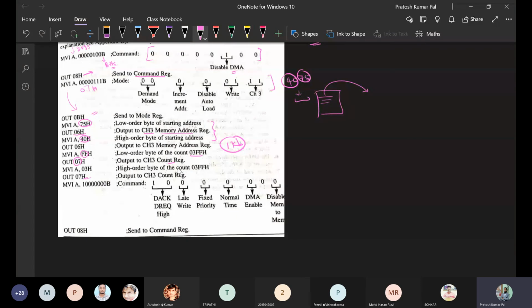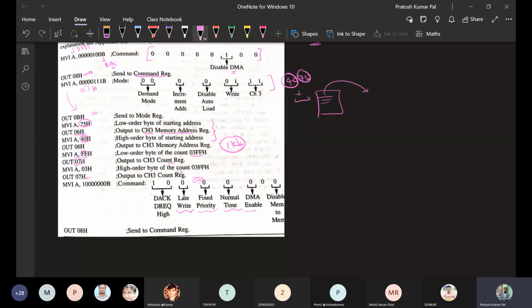Once we have done this, there are different selections for the mode in which this DMA controller should be working. Based on that, there are some selections, like DMA is enabled, and once it is enabled, in what mode or in what condition it is to be working is given in the question itself. So from there it is selected. This control word status we have not gone through in depth. That is for basic understanding only.